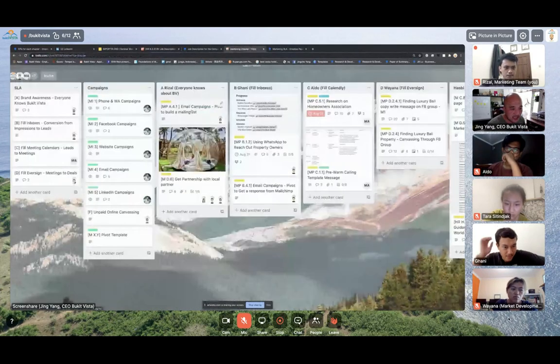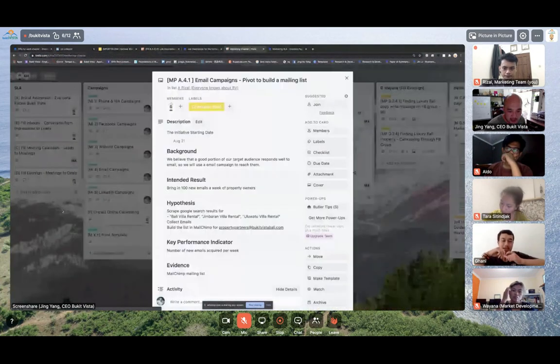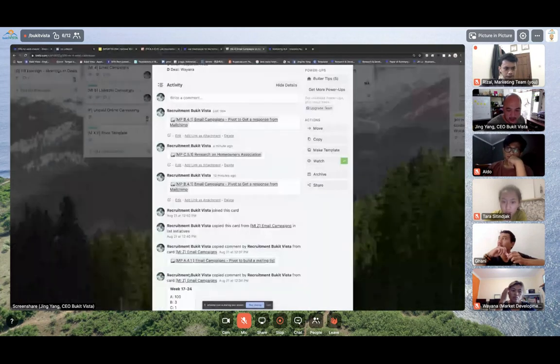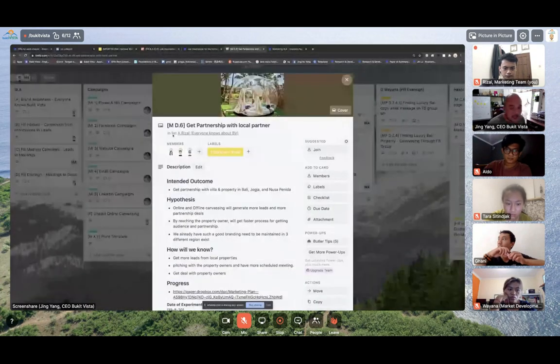Rizal's email campaigns, I believe we've already attached. Let's double check, MPA 4.1. Yes, right here. Here's Rizal's campaign, great. And then D.6, this probably isn't done correctly yet. This is probably an MP. Since Rizal doesn't work on the D stage of the funnel, he works on the A stage of the funnel. And this is mostly how Rizal